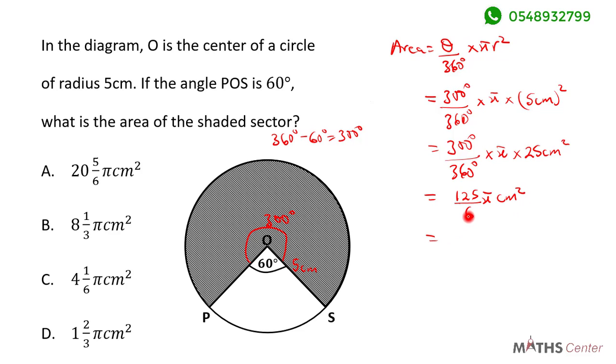125 divided by 6, when we convert it to a mixed fraction, we will have 20 whole number 5 divided by 6. We have pi here and the unit is centimeters squared. So it means that the area of the shaded sector is 20 whole number 5 divided by 6 pi centimeters